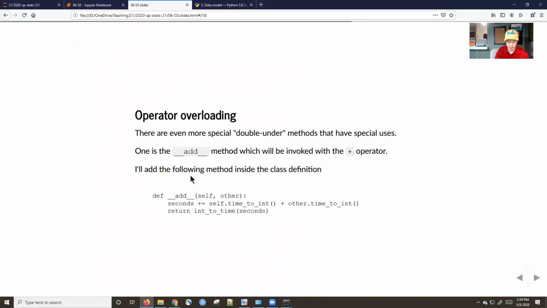Here there's one called double under add. This is going to get invoked anytime you use the plus operator. You use the plus operator, and it's going to invoke addition here. So what we can do is take 2 times. A plus operator requires the object itself plus another number to add to it. So let's take 2 time objects, and if we did 1 time plus another time, let's convert those both to